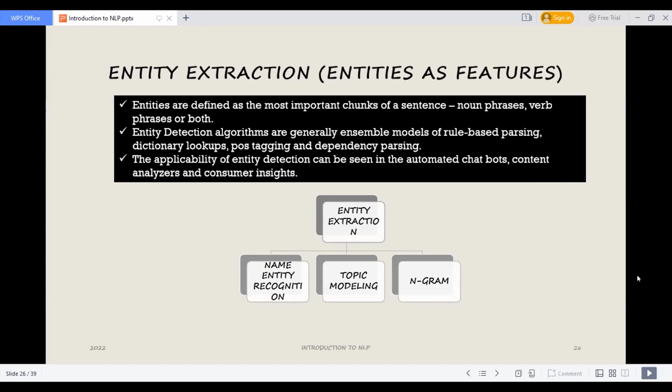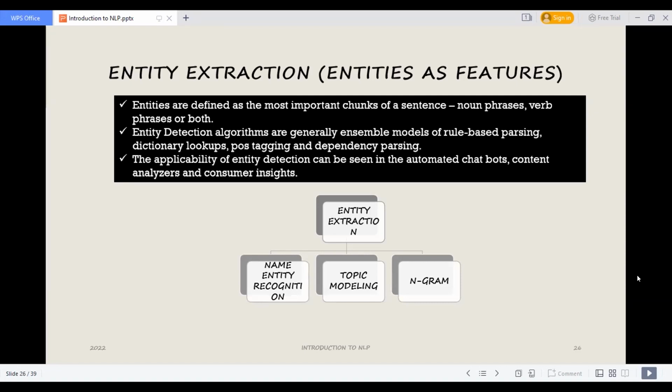So basically the application of this entity detection can be seen in chatbots, even in a content analyzer, which is going to analyze your content and even summarize it. So basically, it is a detection.